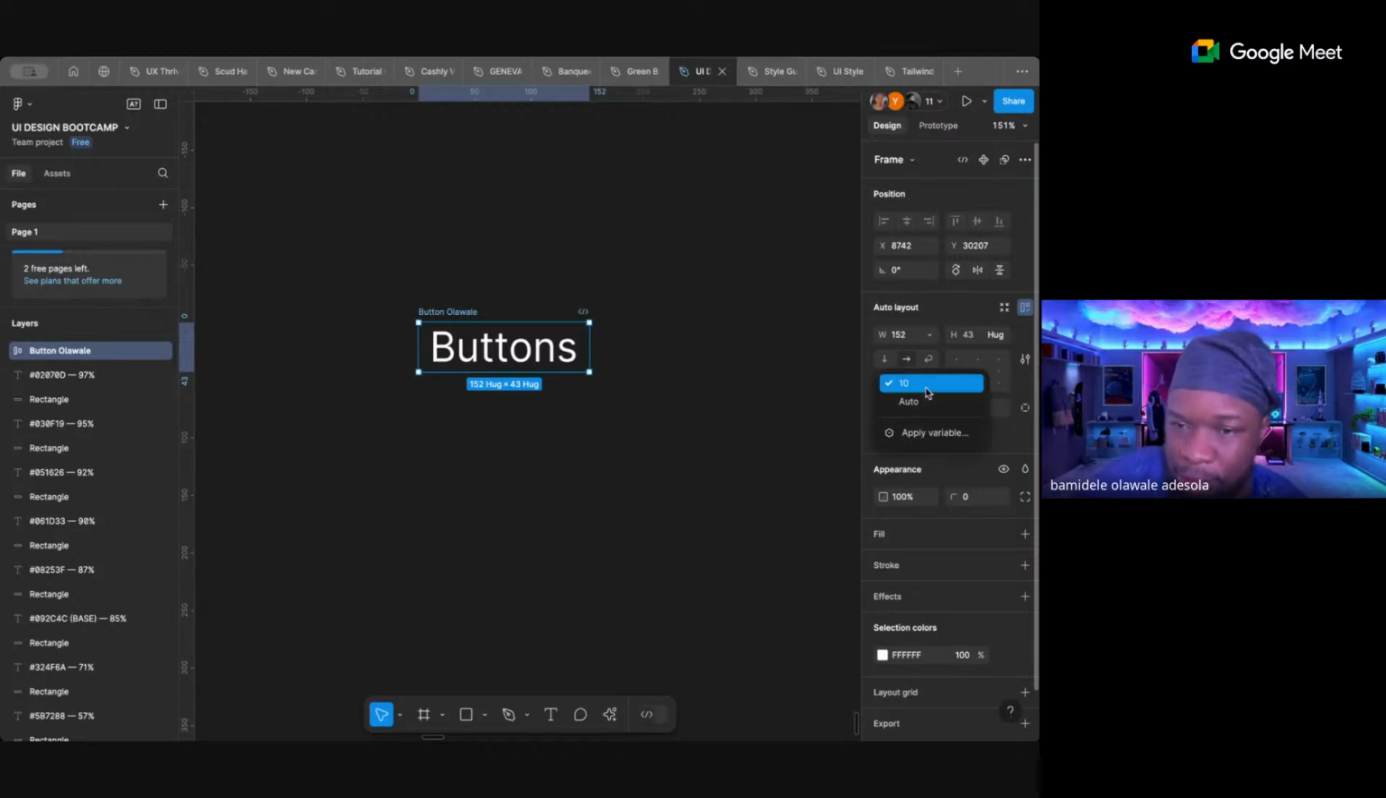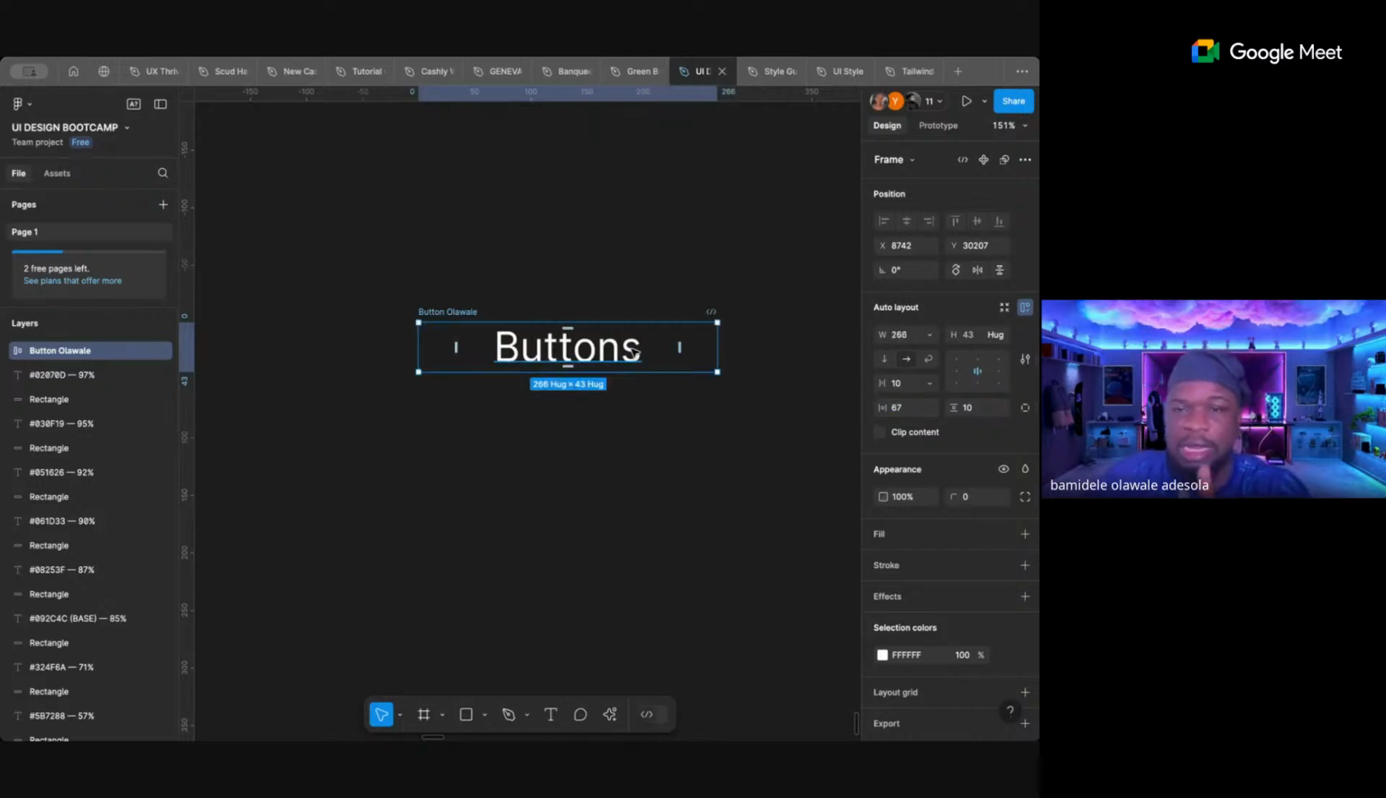This is spacing. It will not work on this because it's just one child. This is spacing, and this is your padding. Padding means how you pad something in all directions. So this is like the left padding. If I type in 67 now, you see, this is like the left padding. You understand? And this is like the